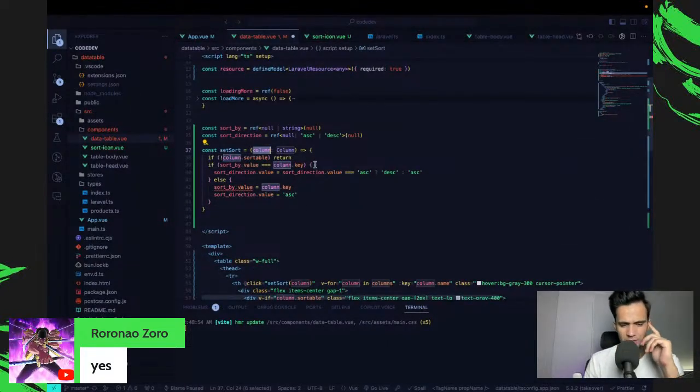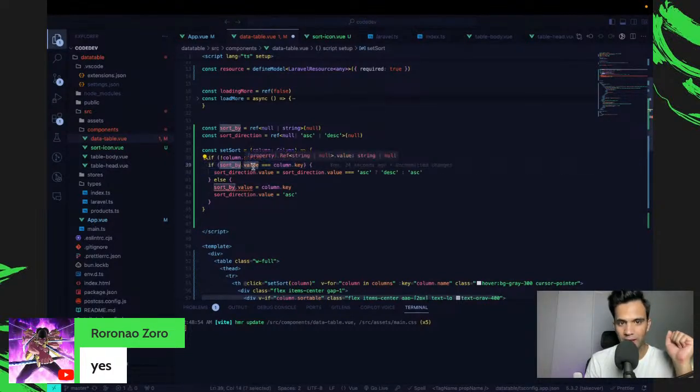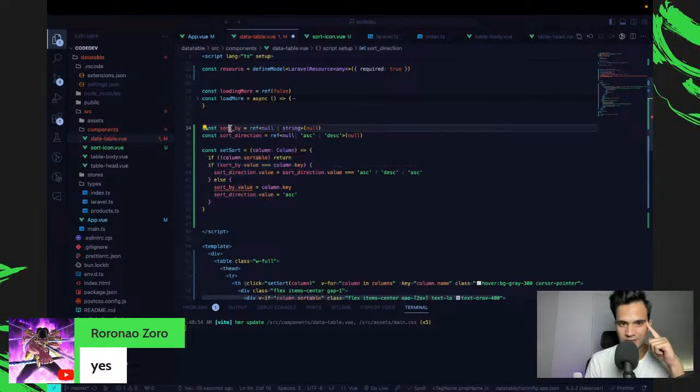I'm not too sure if Copilot did it well, but let's read the suggestion. It takes the column, and if the column is not sortable, then we are not going to do anything. That's correct. And if sortBy dot value is equal to column, meaning the existing active sort column is the same as the new column we are giving it, then sort direction is going to be the opposite of that, which is very nice actually.